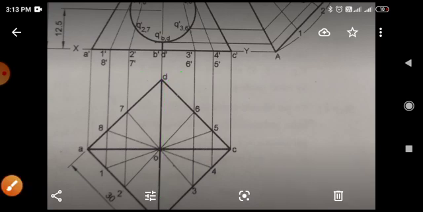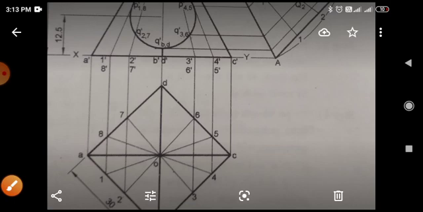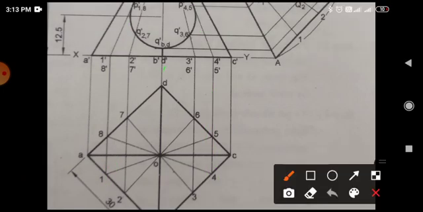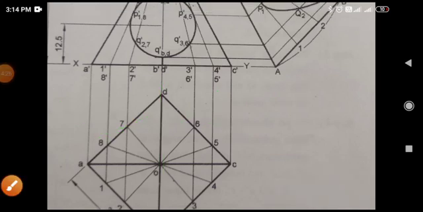Therefore, all the projections from points 1 and 8 go through 4 and 5. This is the advantage. That means you don't have to take different projections for 4 5 and again for 1 8. No. What you have to do is divide this into equal parts, this part and the left-hand side, both in equal parts. In that case it is not necessary to take too many projections.